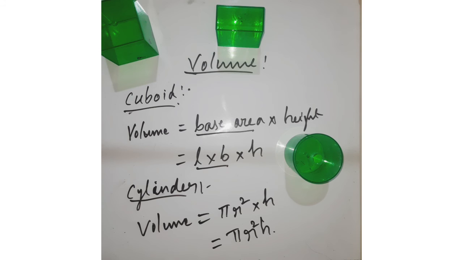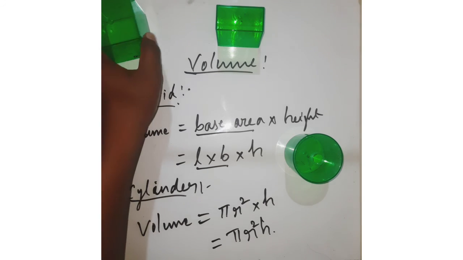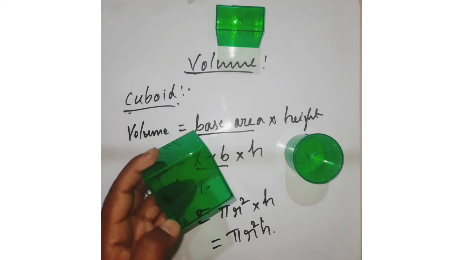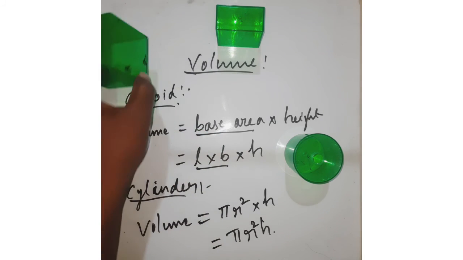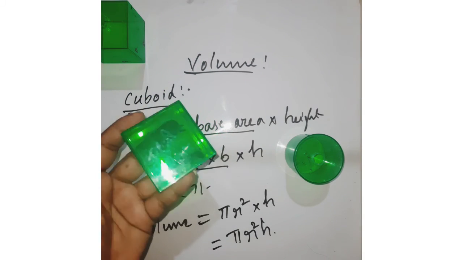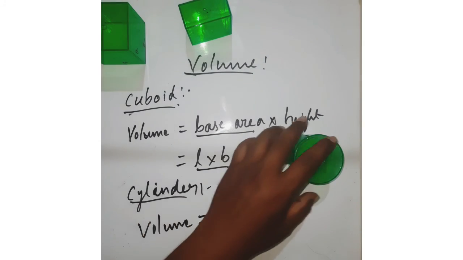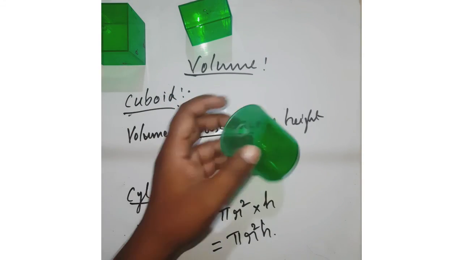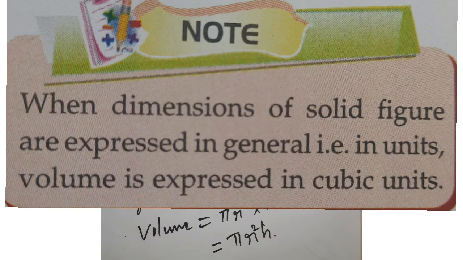So it is very easy to remember for these three shapes particularly. Simply base area into height. You know that a cube has a square base, so its area is going to be a square, and into the height, which is a units only. So a cube. Here for the cuboid the base is rectangular, length into breadth, and height h, so l into b into h. For the cylinder, the base area is a circular area, right? Area of circle into height, pi r square into h. Like this you can remember the formulas.